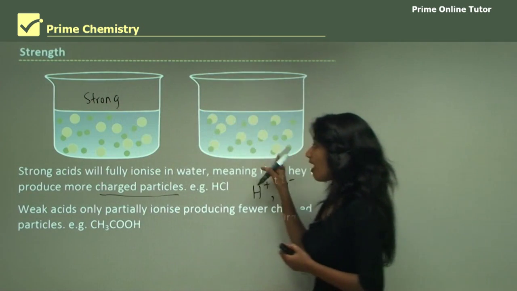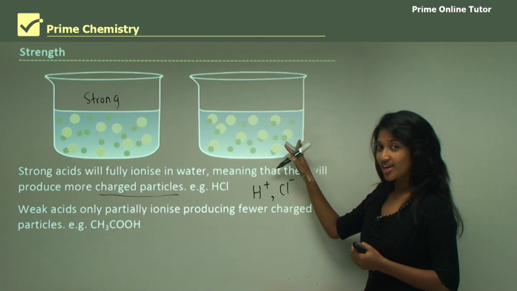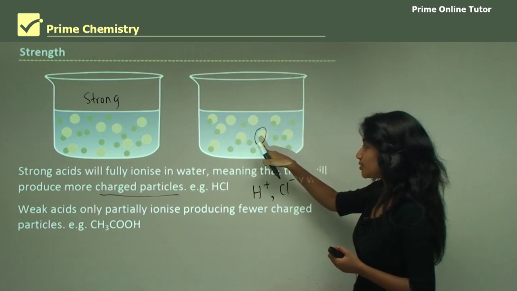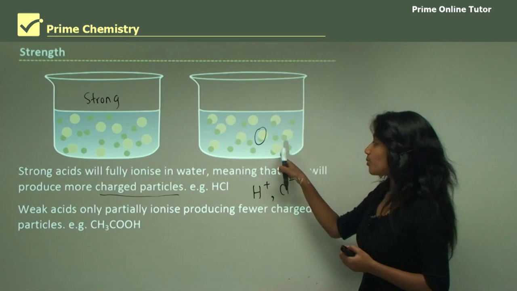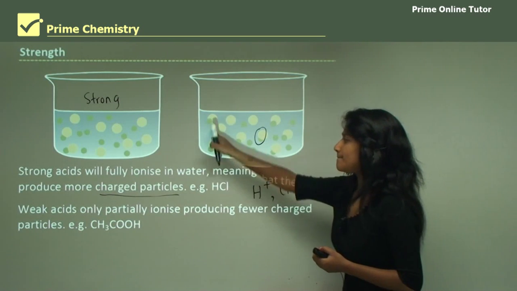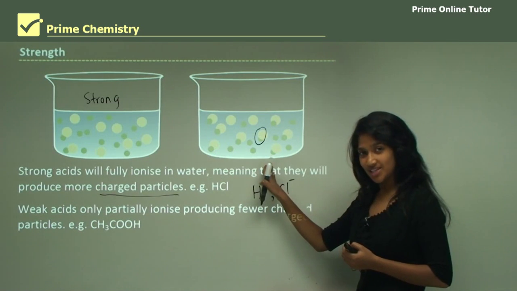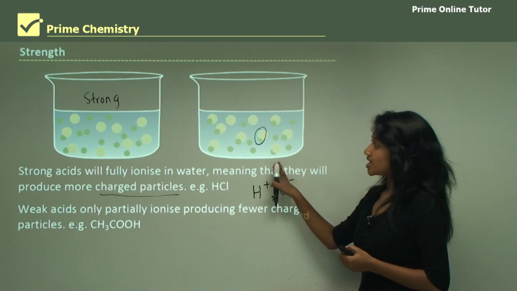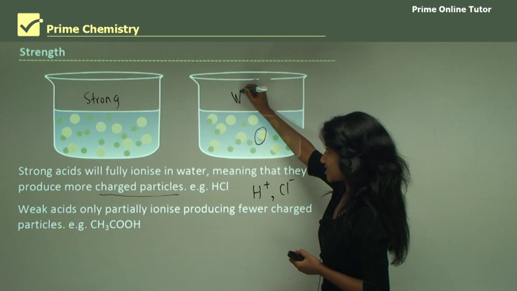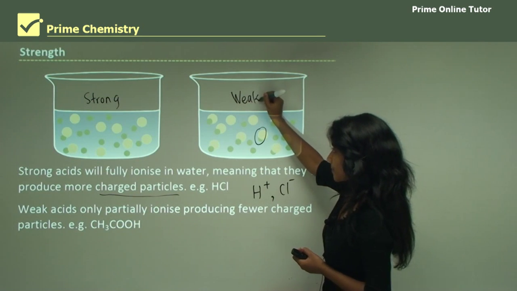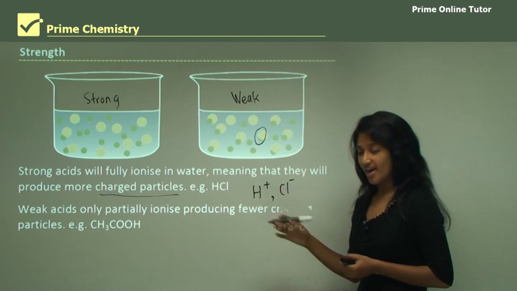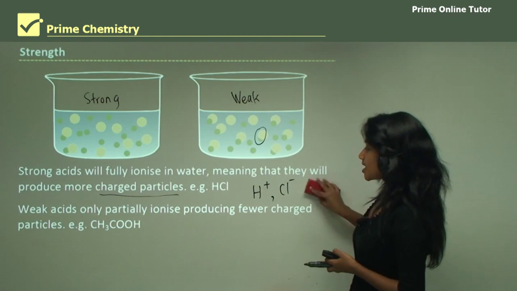Now while here we don't have all the particles separated, here we still have combined particles. And we have a lot of those, meaning that complete dissociation or complete ionization is not occurring here. So this is a weak acid. So you can see the strong and the weak acid and you're able to compare them. Now let's move on